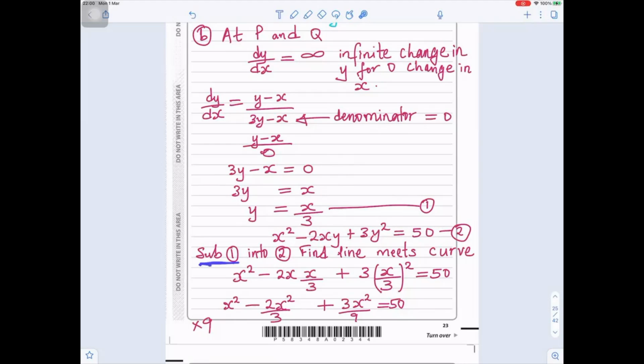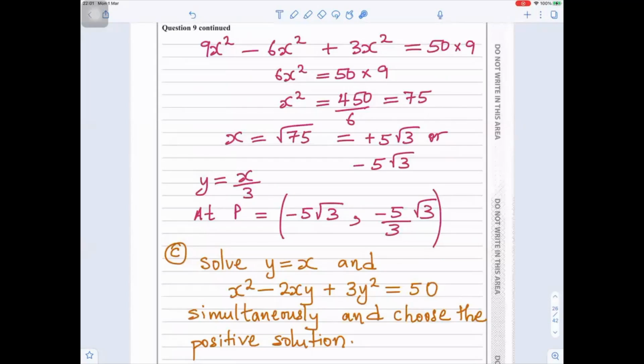So we want to substitute equation 1 into 2 and find where the line meets the curve. So we replace y with x over 3, and we get this expression. And we can multiply all of them by 9 so that we get rid of the 3 and 9. So you times this by 9, times by 9, times by 9, times by 9. So you would end up with this expression,